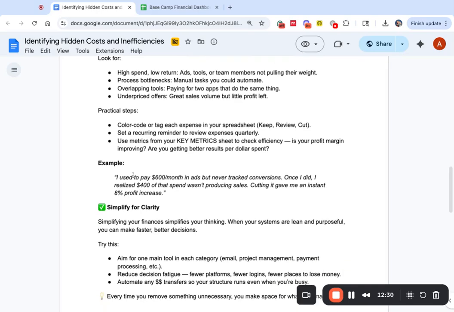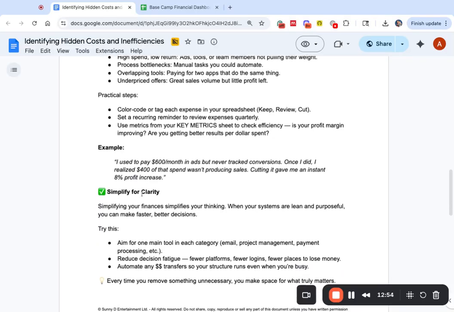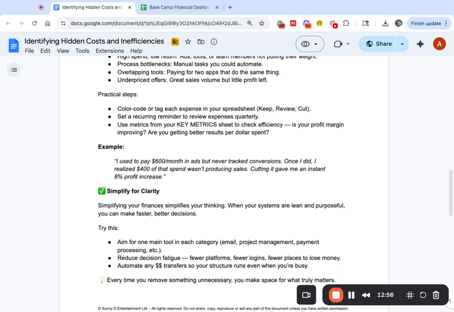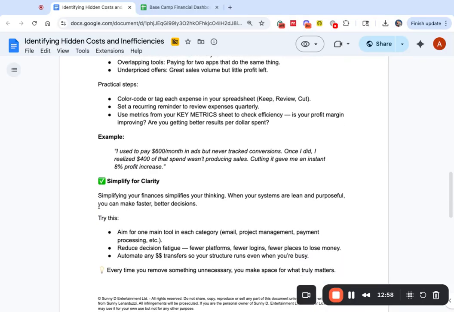For example, I used to pay $600 a month in ads, but never tracked conversions. Once I did, I realized that $400 of that spend was not producing sales. So cutting it back gave an instant 8% profit increase, because now you're saving $400 a month. All right. That's a lot per year, almost $5,000. And it's going to increase your profit. All right. So these are the benefits of the little tiny hidden inefficiencies that you might think are worth nothing,